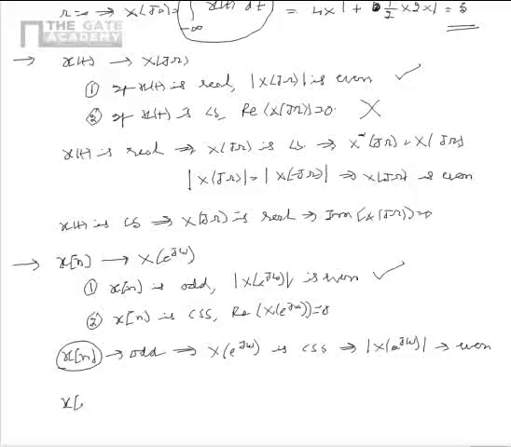As per the second statement, x of n is conjugate skew symmetric. We know that if x of n is conjugate skew symmetric,